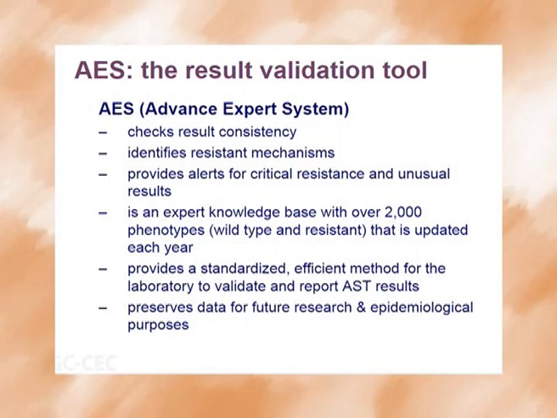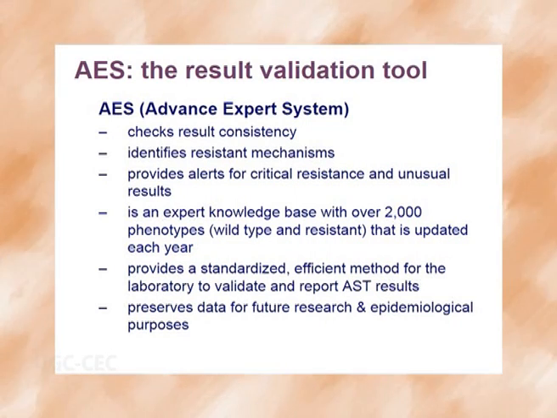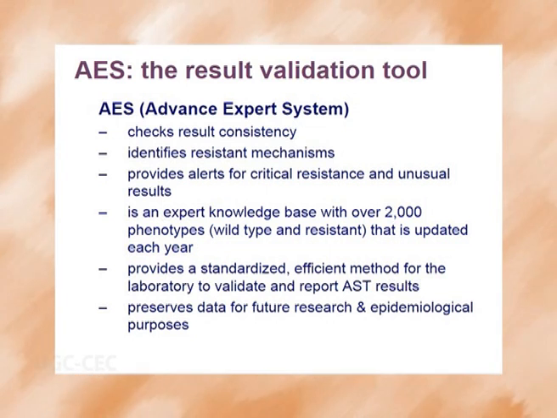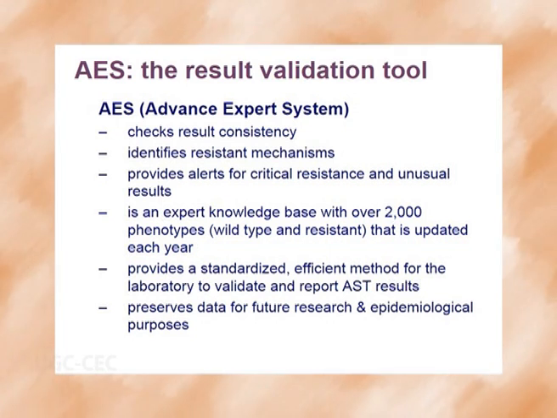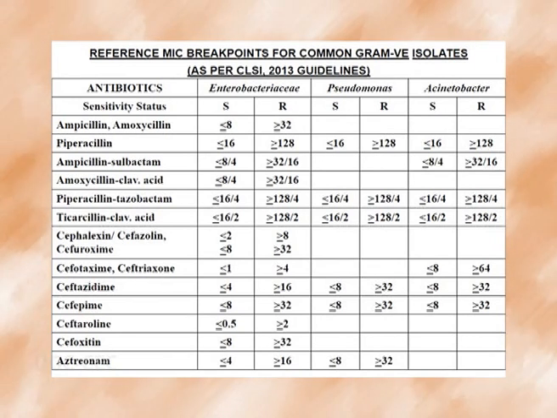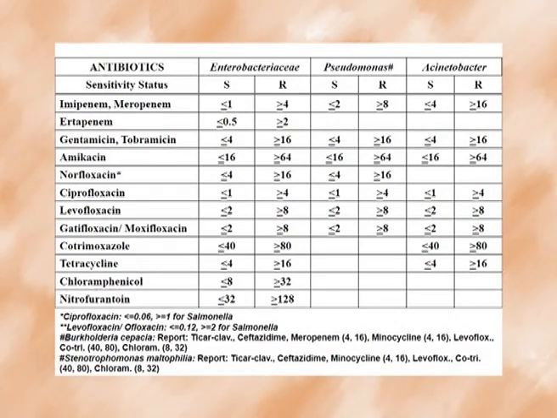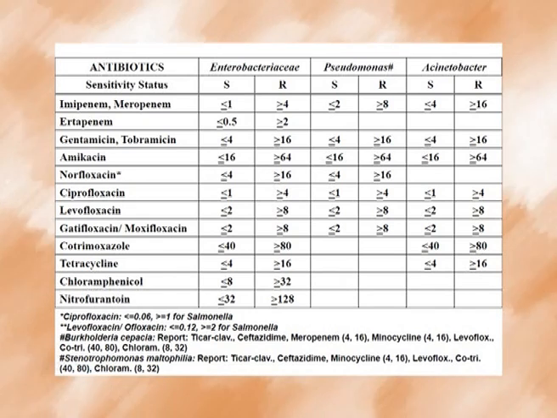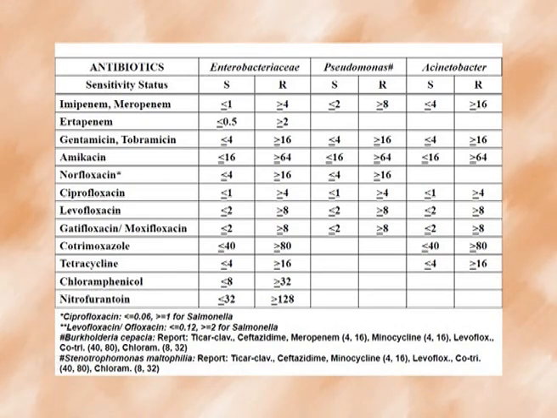And there is an expert system which detects the different types of resistant organisms and what type of enzymes they are producing or how they are becoming resistant. So the expert system is very important for the interpretation of the reports. And these are the CLSI 2013 guidelines for different gram-negative bacilli: Enterobacteriaceae, Pseudomonas, Acinetobacter. All these breakpoints or cutoffs are available, up to which the antibiotic concentration is considered sensitive and beyond which it is considered resistant. So these are the antibiotic interpretation charts that are available for the gram-negatives and gram-positives.